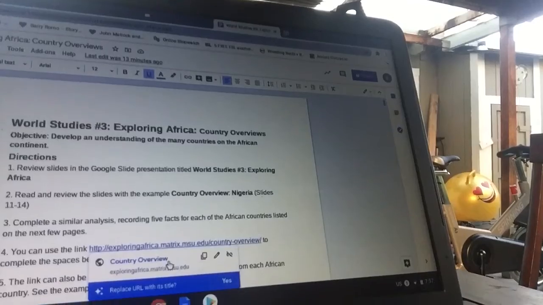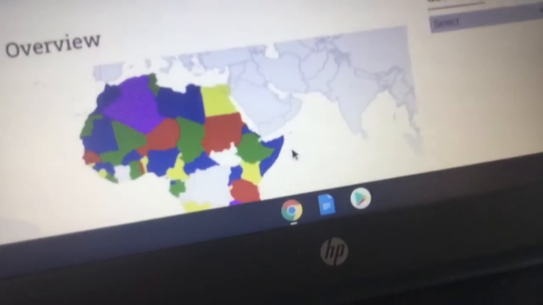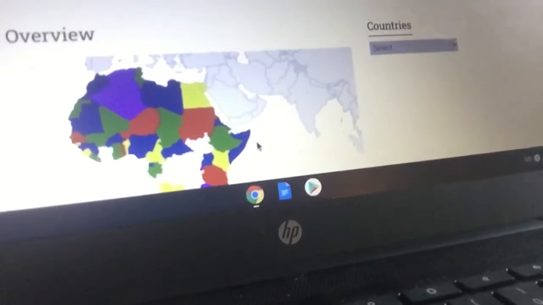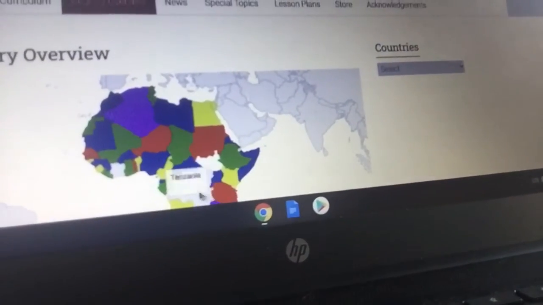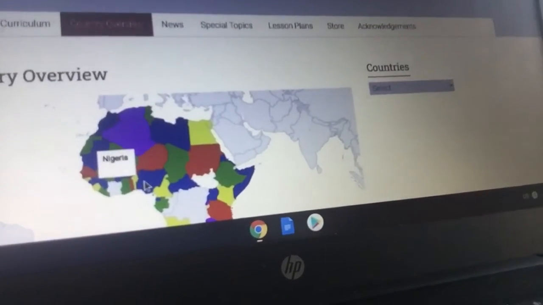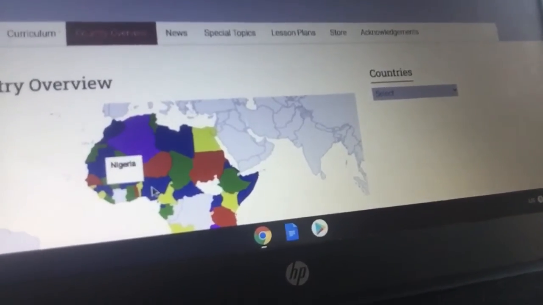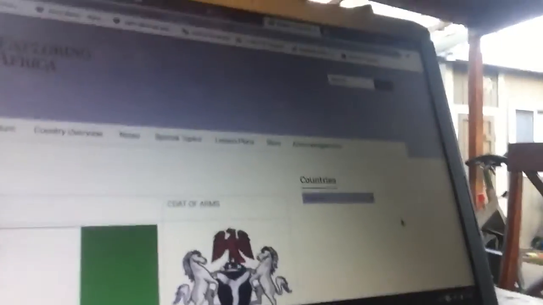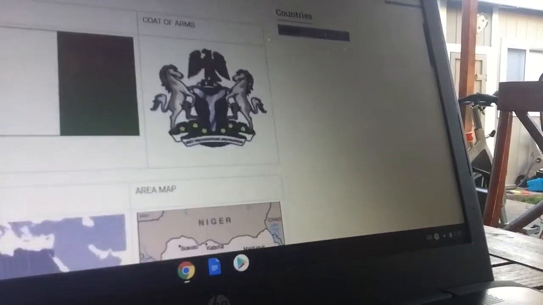And that takes me to a resource provided by Michigan State University. And Michigan State University, great wrestling team there. Anyway, it gives you a map of Africa, and the various countries of Africa are found on there, and I can go to them. So you can see, look, there's Tanzania, there's Nigeria. I basically just click on them. I'm just going to click on Nigeria since we've mentioned it about 7 or 8 times. When I click on it, it takes me to a breakdown on what's going on in Nigeria. So current information. This is what you're going to have for your overview.